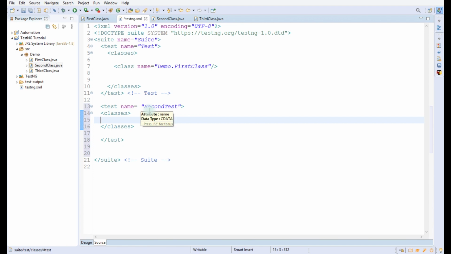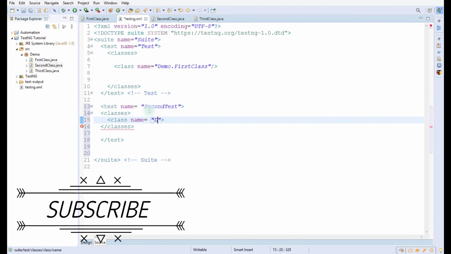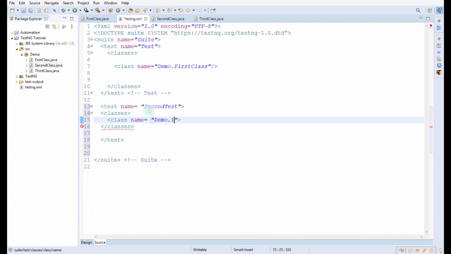And inside the classes we have to give the class that we want to include in this test. So let us include the third class in this test. And we have to close this class tag.